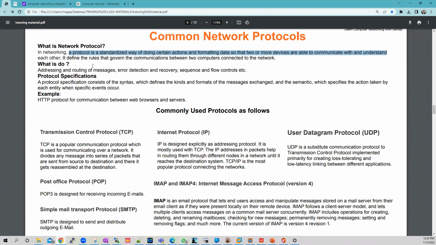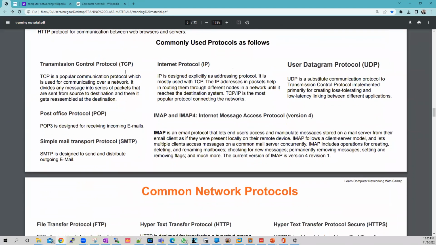Because if I'm speaking English and you are speaking Japanese, we cannot communicate. We cannot understand ourselves. That is protocol. The protocol must be the same on both sides. Both sides should understand and agree on a specific standard or format they want to communicate with. That is protocol. So now we have talked about TCP, IP, POP, all this one, they are email